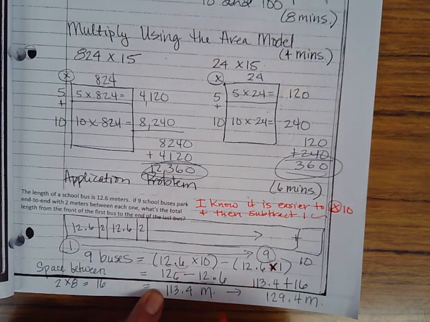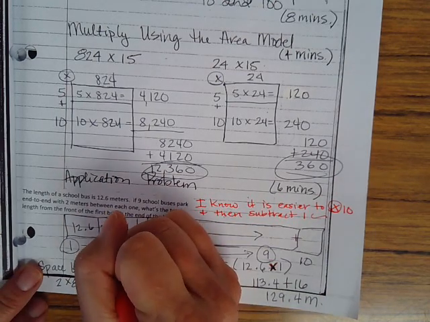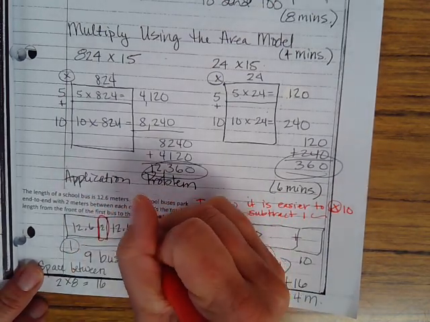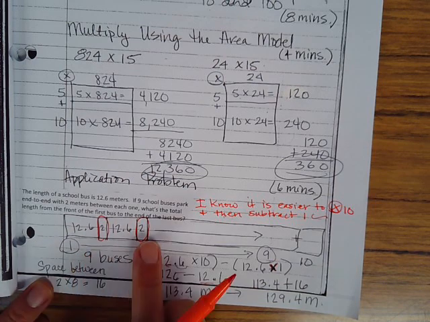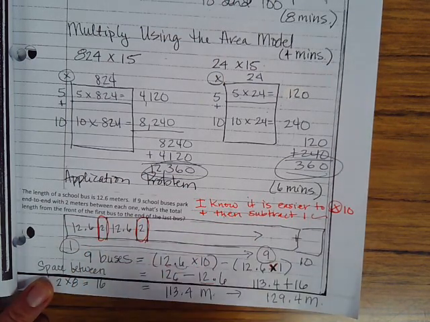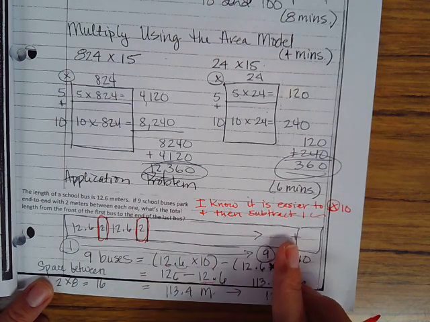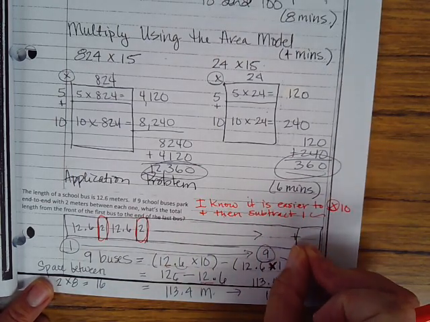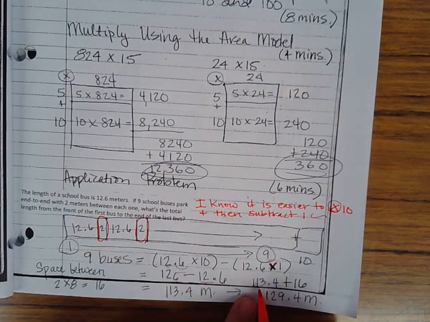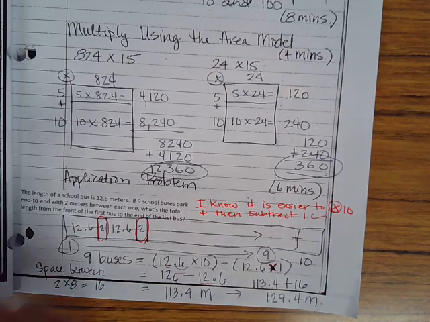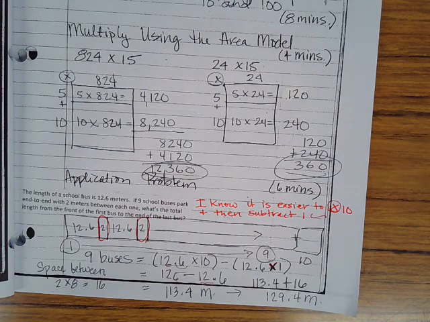113.4 meters. Now, that's not the end of this, because remember, you have to consider the 2 meters in between. And it's not going to be by 9 because it's in between. We're only considering the in between each one. So there wouldn't be 1 on the outside of 9. So 2 times 8 is 16. So then we come over here and go 113.4 plus 16 more meters gives us 129.4 meters. That's how long all those buses lined up are going to be, that's how much space it's going to